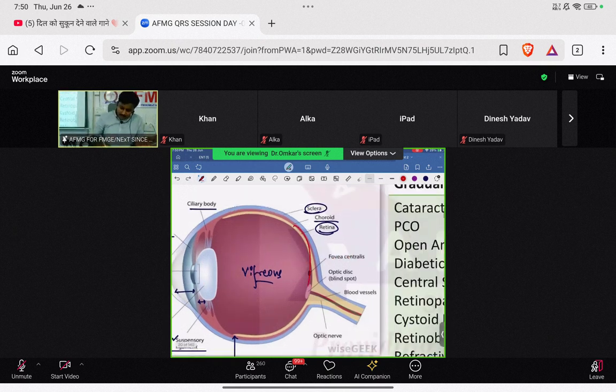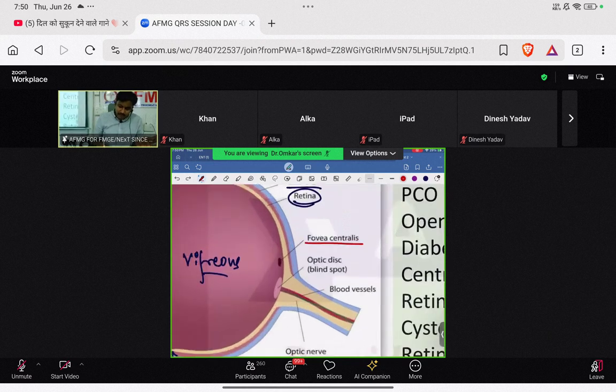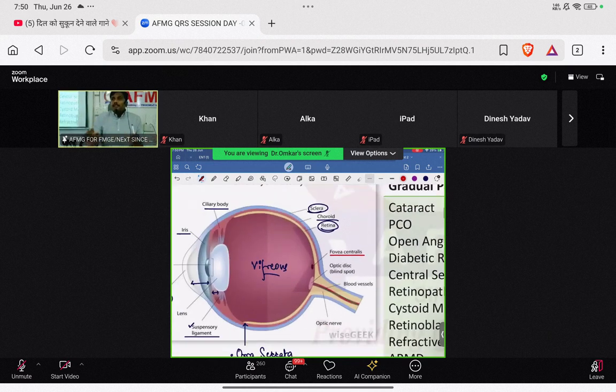Now यहाँ पे याद रखना बेटा, this is the retina, the yellow layer. अब इस पे you are able to see a point बेटा called as fovea. तो the central point of retina or the central point of macula. Macula क्या होता है? The central circle of retina is known as macula. तो retina का जो बीच का circle होता है, that is known as macula बेटा. और retina के macula का central most point is called as fovea centralis. Fovea centralis will have sharpest image formation.